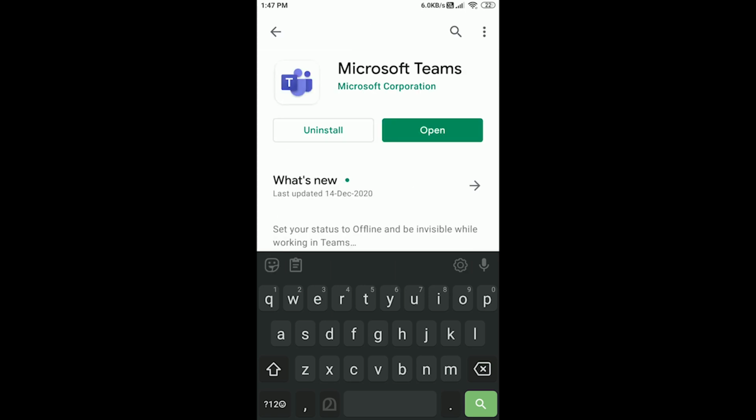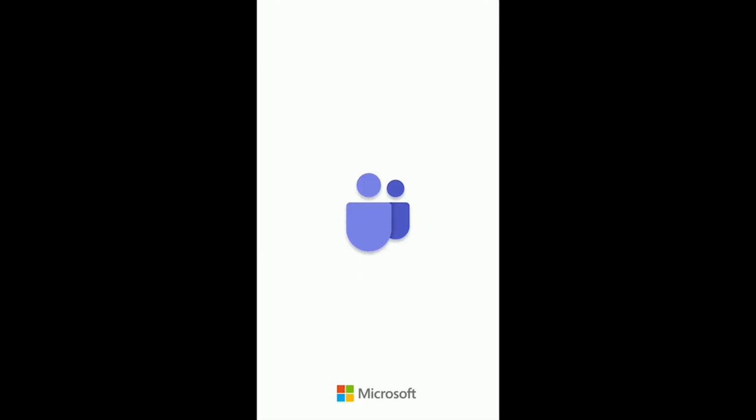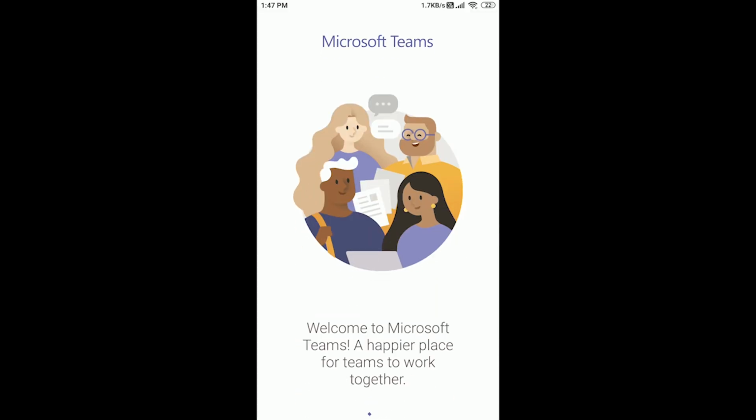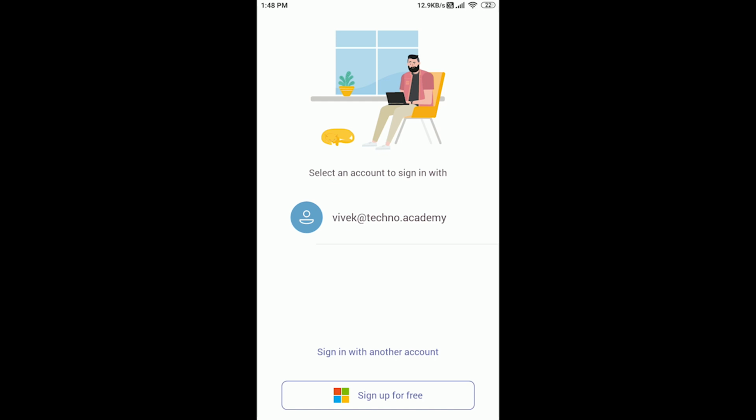Okay, you will get it and install that. I installed it before, so that's why it's showing "open". So click the open button, or otherwise you must install that application. Okay, so the thing is here: sign up for free or sign in with another account. This is the account that it will be showing me, like I signed in before, so that's why it shows the ID also here, vivek@techno.academy. Okay, if I want to choose that, or otherwise sign in with another account,